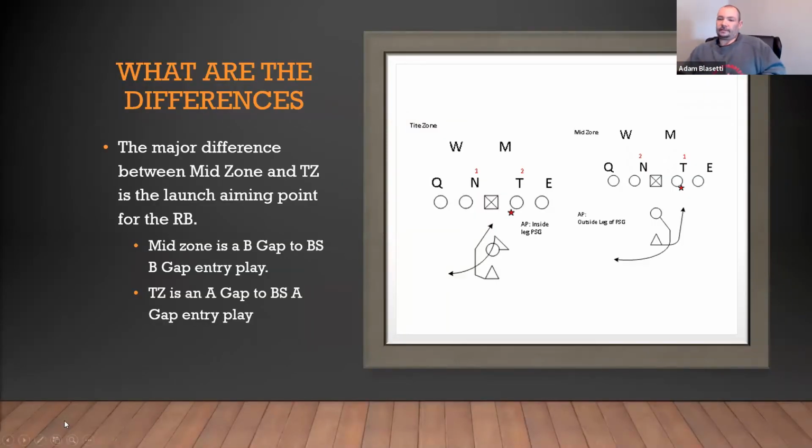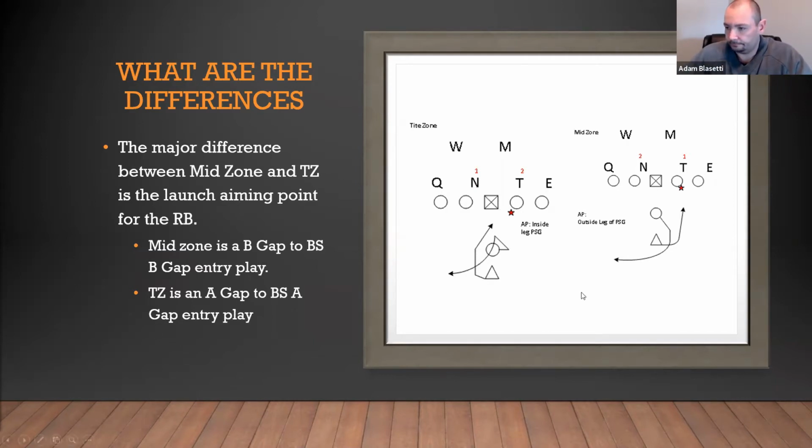So here are our differences. The major differences between tight zone and mid zone is the launch aiming point for the running back. What's important to understand is that mid zone, in my belief, is a B gap to backside B gap entry point. Tight zone is an A gap to backside A gap entry point. And it all starts with the initial aiming point